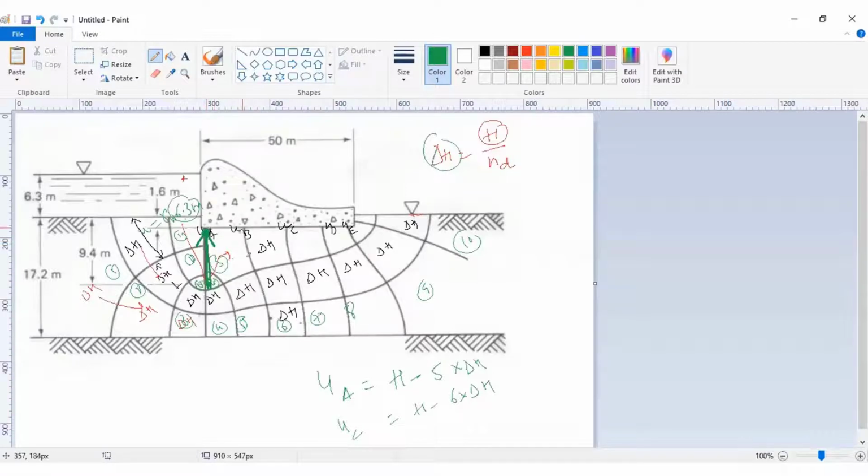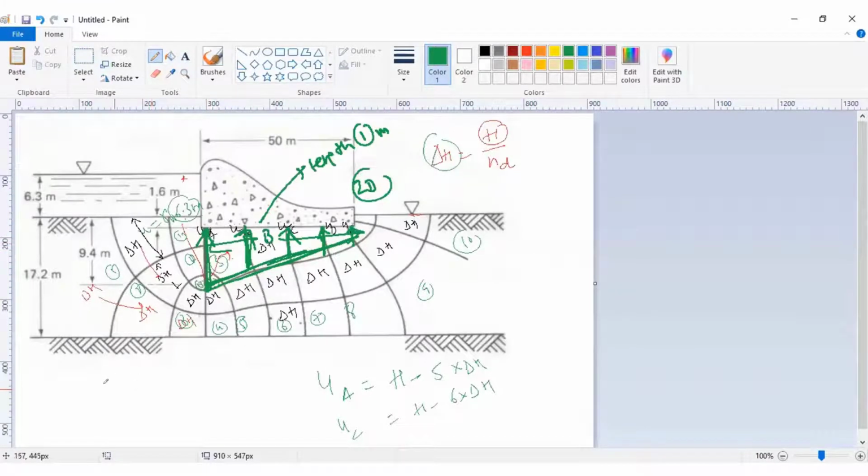So the UA value will be here, somewhere it will be like this. You can show this graphically. So you can see that when you move from upstream to downstream side, the uplift pressure decreases. And if you know the base area, it is shown in two dimensions, so you know that the length of this structure will be 1 meter, and this is the base width B from here to here.